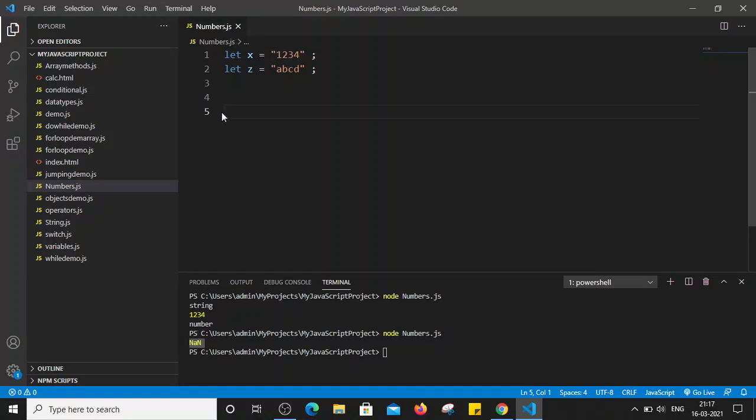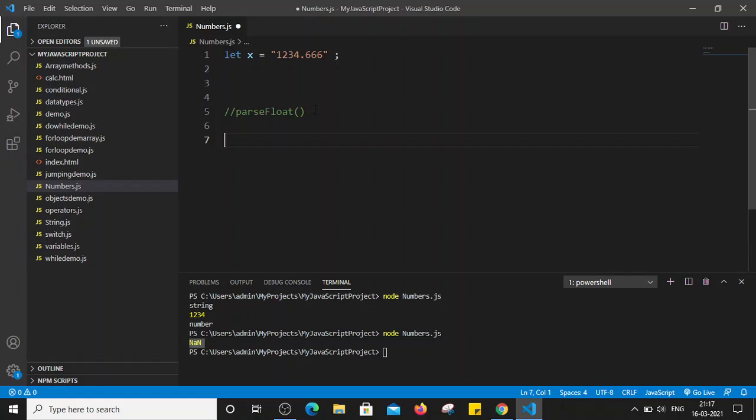Similarly, we have seen parseInt; there is one more method, that is parseFloat. So far we have seen we can use the parseInt method to convert the string format of a number into a numeric format. Similarly, the parseFloat method is used for, let's say I have defined one variable x and we have assigned some value, for example, x is equal to 1234.666. So x is containing a string which has a value similar to 1234.666. Now we can use the parseFloat method to convert that value into a float number.